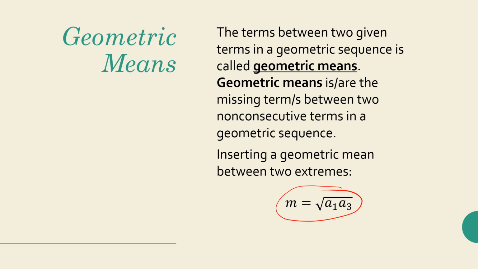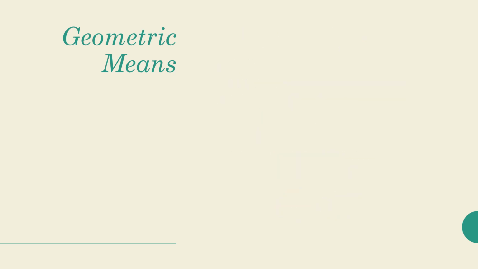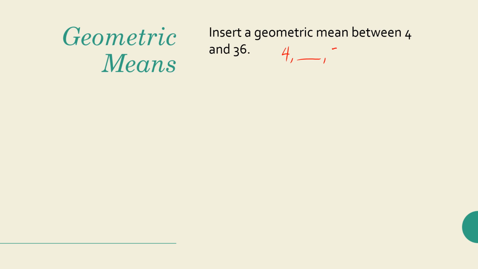Let's have an example. Insert the geometric mean between 4 and 36. To insert the geometric mean between 4 and 36, of course, you have to write this in this manner: 4, comma, blank, comma, 36. Then write down the given. The given here is a sub 1 is equal to 4